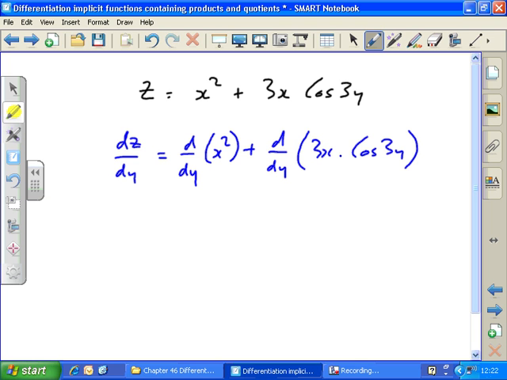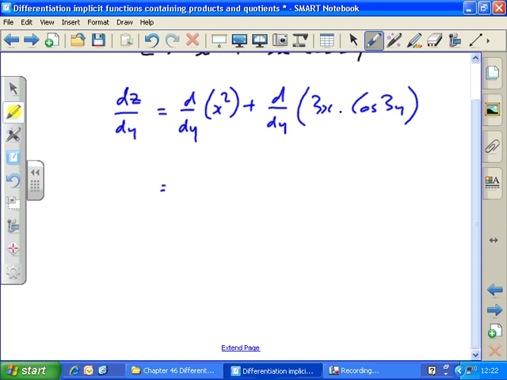We're finding the differential with respect to y. And so what we do is we do it in parts. Well, this part, we've got to differentiate with respect to x, so we must differentiate x squared with respect to x, which gives us 2x, then times that by the dx by dy. So this gives us 2x times dx by dy